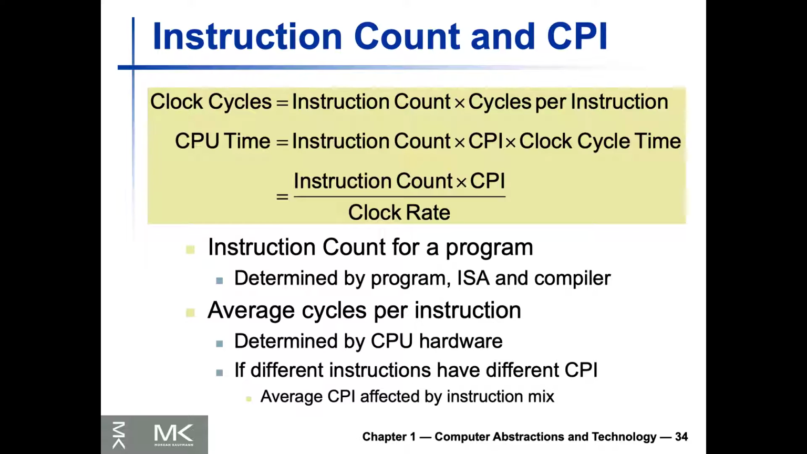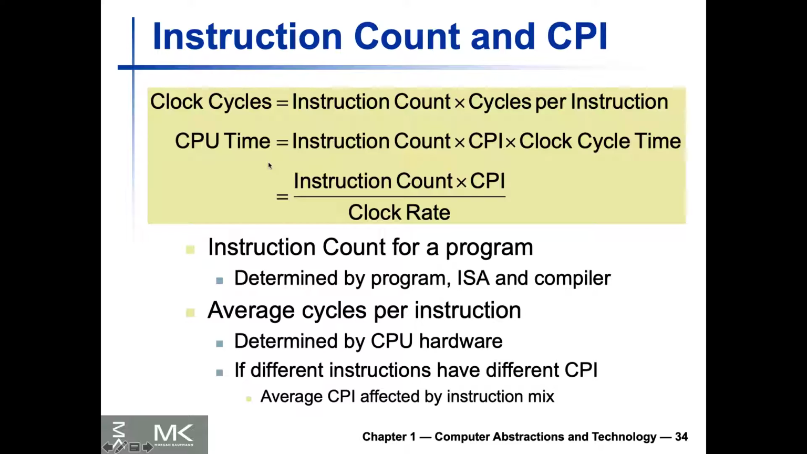So a better way to define clock cycles is actually by the multiplication of instruction count and cycles per instruction. So how many instructions I have and how many cycles it takes per instruction to process that. So you multiply these two, you have your clock cycles. Now, go back to the previous formula for the CPU time. Now we can just add this into